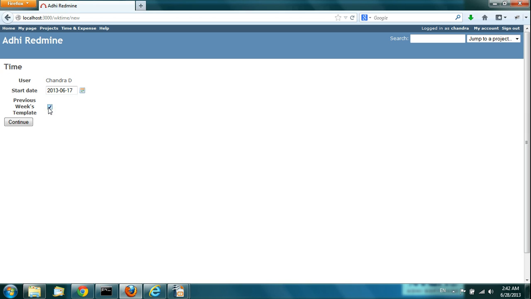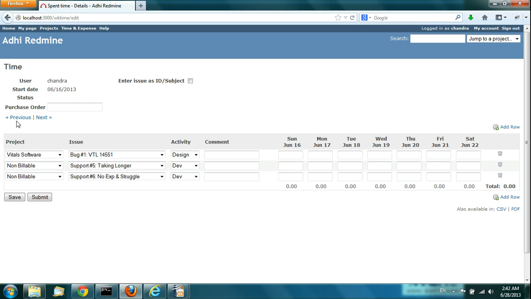If you check this checkbox and click continue, it will take you to the weekly view, where this is a brand new timesheet. It has used the previous week's template, that's why you see 3 rows. If you don't use the previous week's template, you will see only 1 row, and whatever projects, issues and activities you had logged time to in the previous weeks will automatically be populated here,